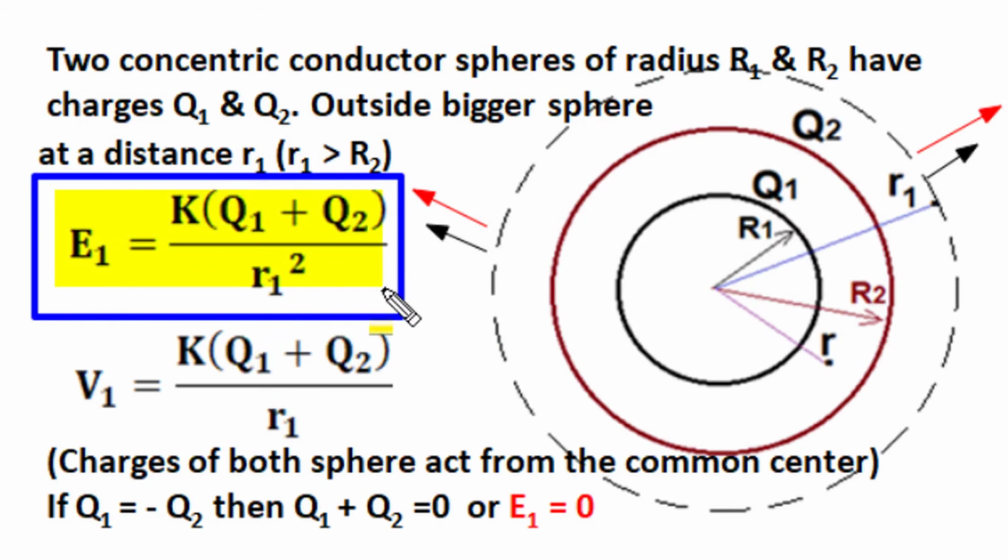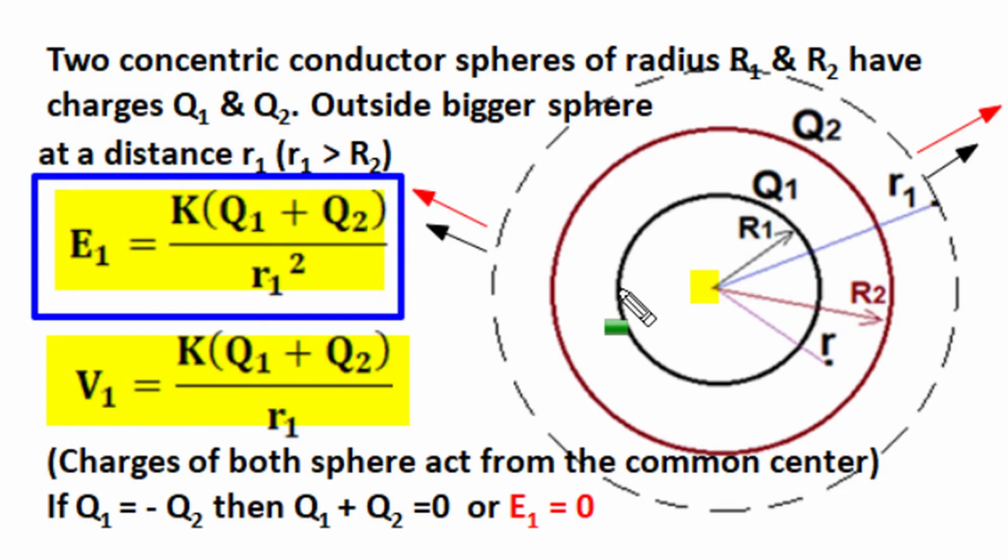Now in this electric field, if we move a unit positive charge from infinity to R1 distance, since this electric field is equal to that of a point charge of Q1 plus Q2 value acting from this central position, the amount of work done becomes the potential at this R1 distance, and it is given by this yellow highlighted relation as V1 equals K times the summation of Q1 plus Q2 upon R1, which is again confirmed by the superposition principle.